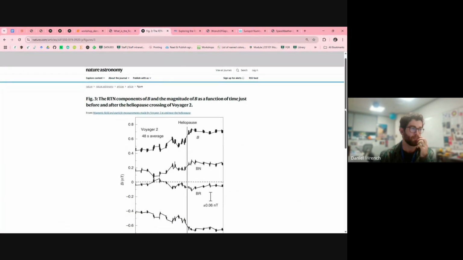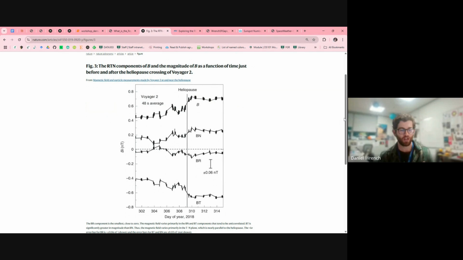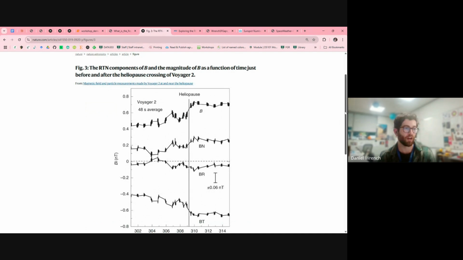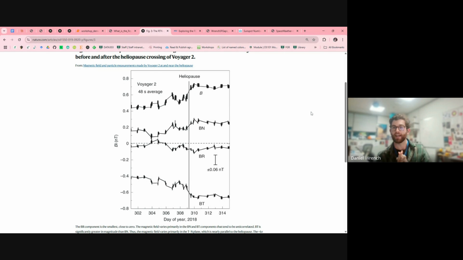So again, just motivating why this is such a rich topic of analysis, time series analysis. Here are some measurements from the Voyager spacecraft, which, as you may be aware, has now left the heliosphere. It's crossed the heliopause and it's now sampling the interstellar medium, which was very exciting. Our first in situ measurements from that part of the universe, really. Up until then, we've only been able to measure the solar wind in situ when it comes to astrophysical plasmas.